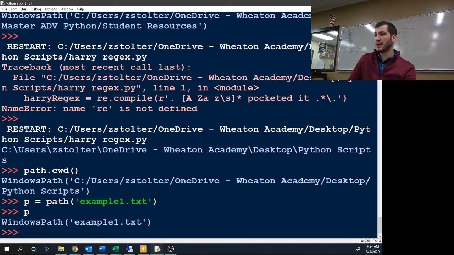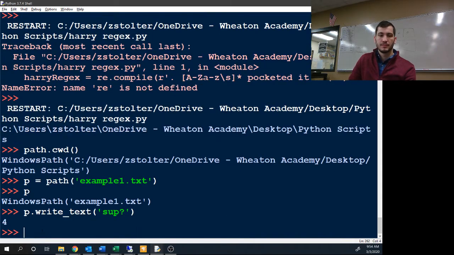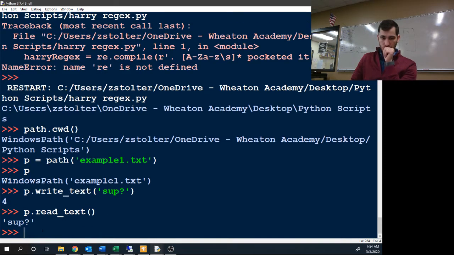So Windows path, we're going to go p.write_text. And what do you want to say, Josh? And then if we do p.read_text, sup. Now what happens if we do